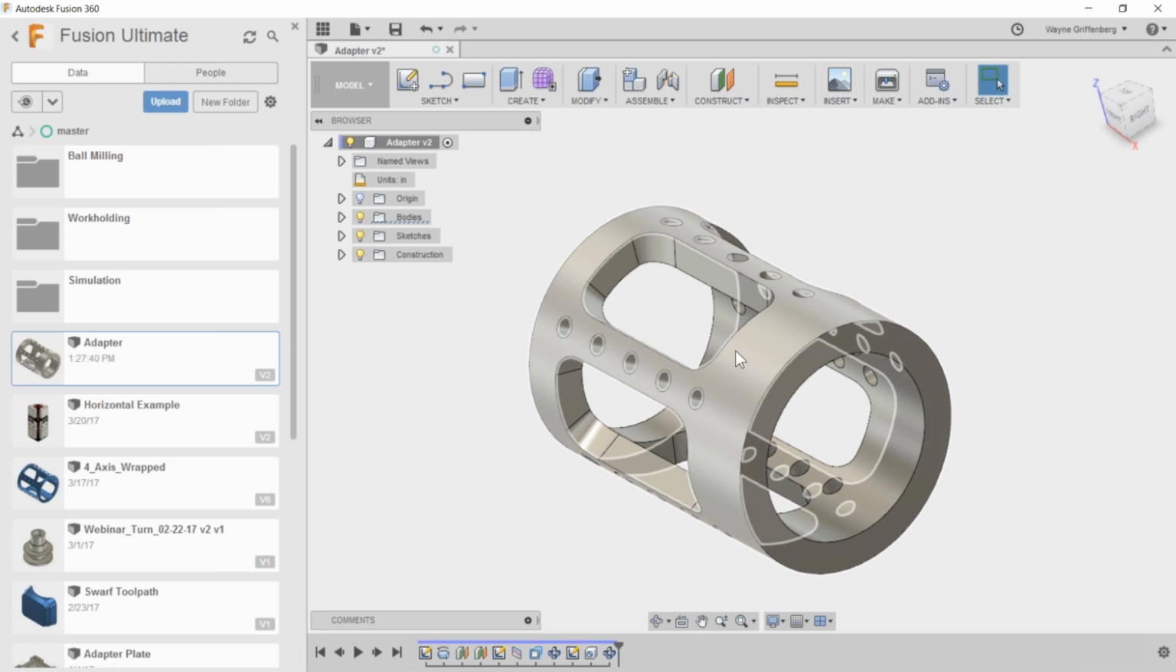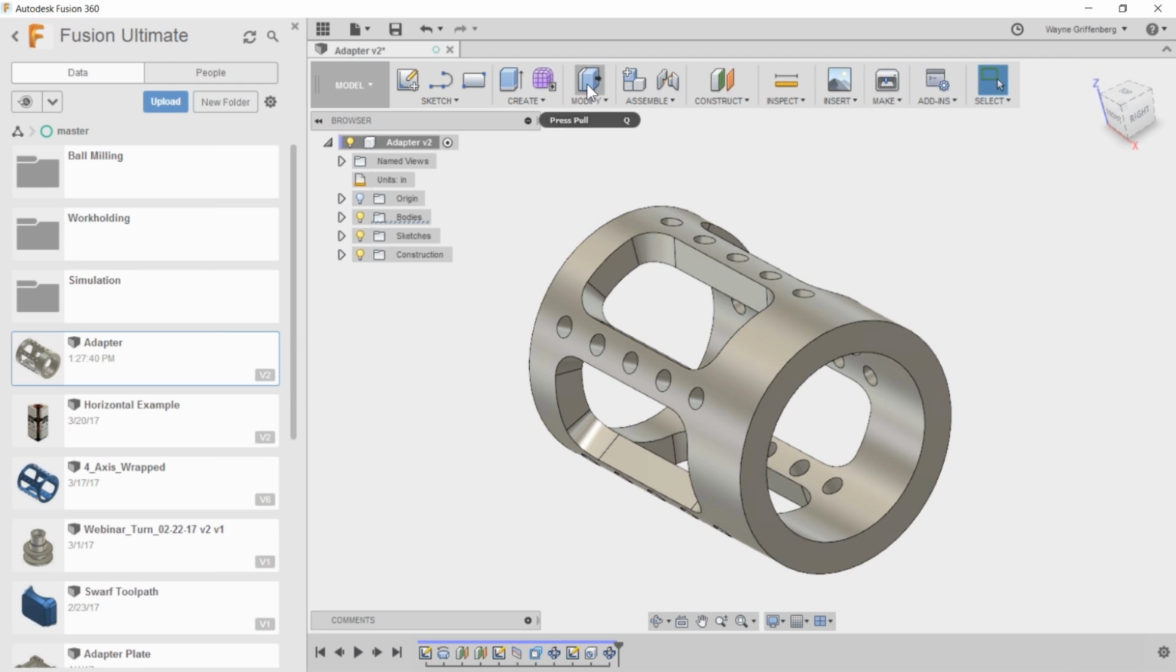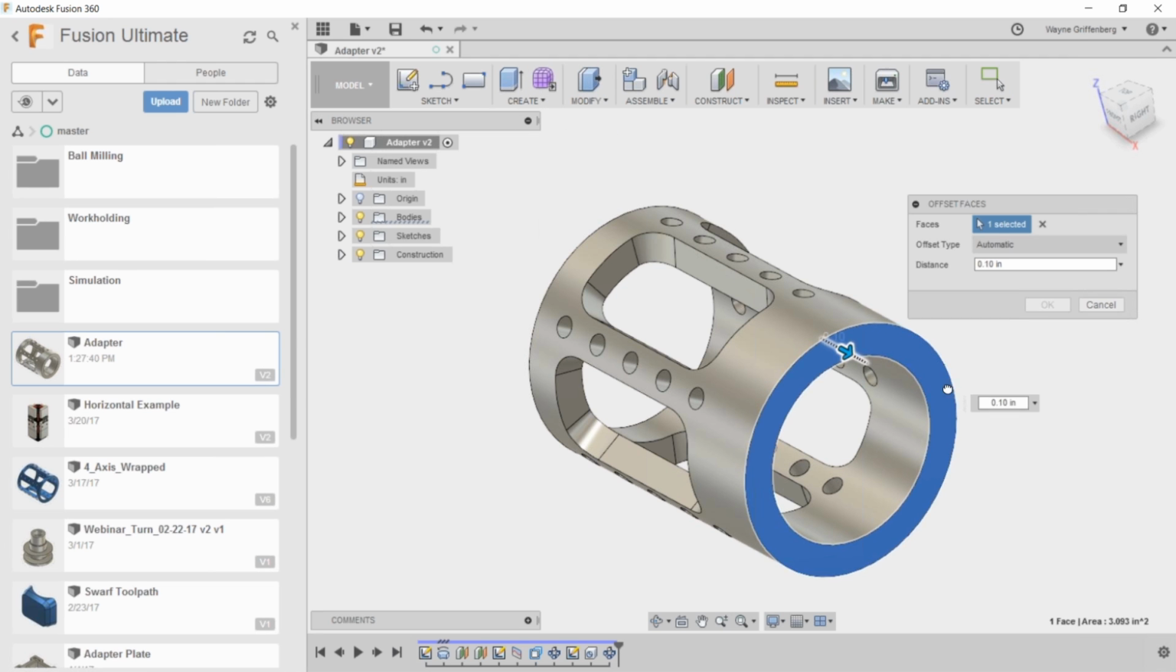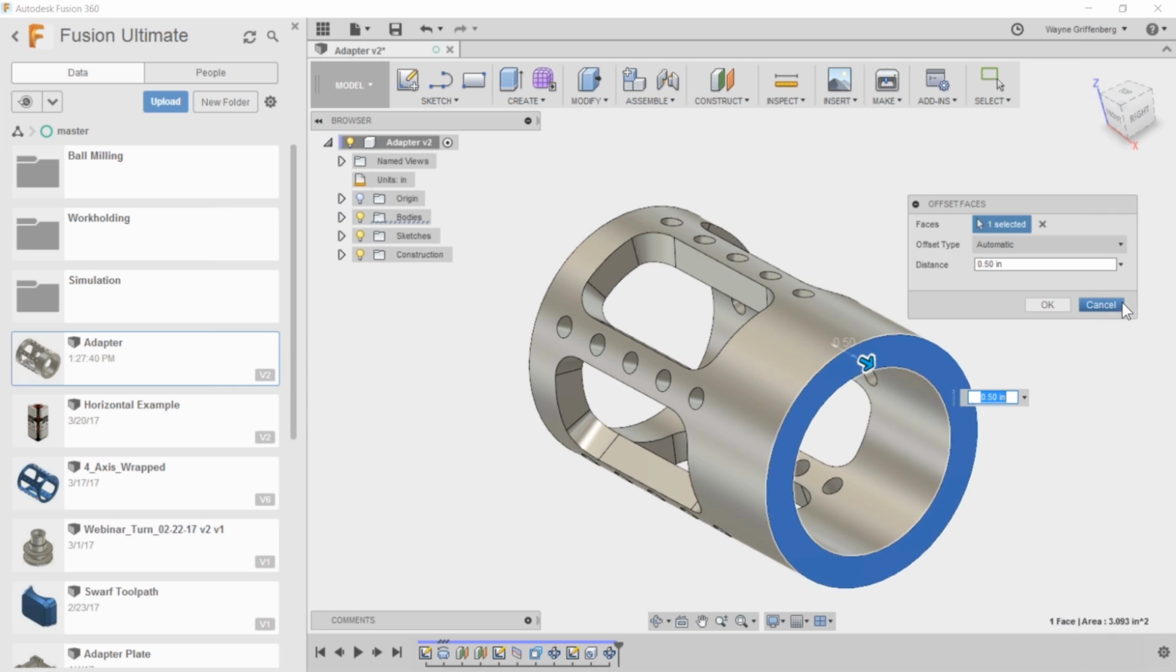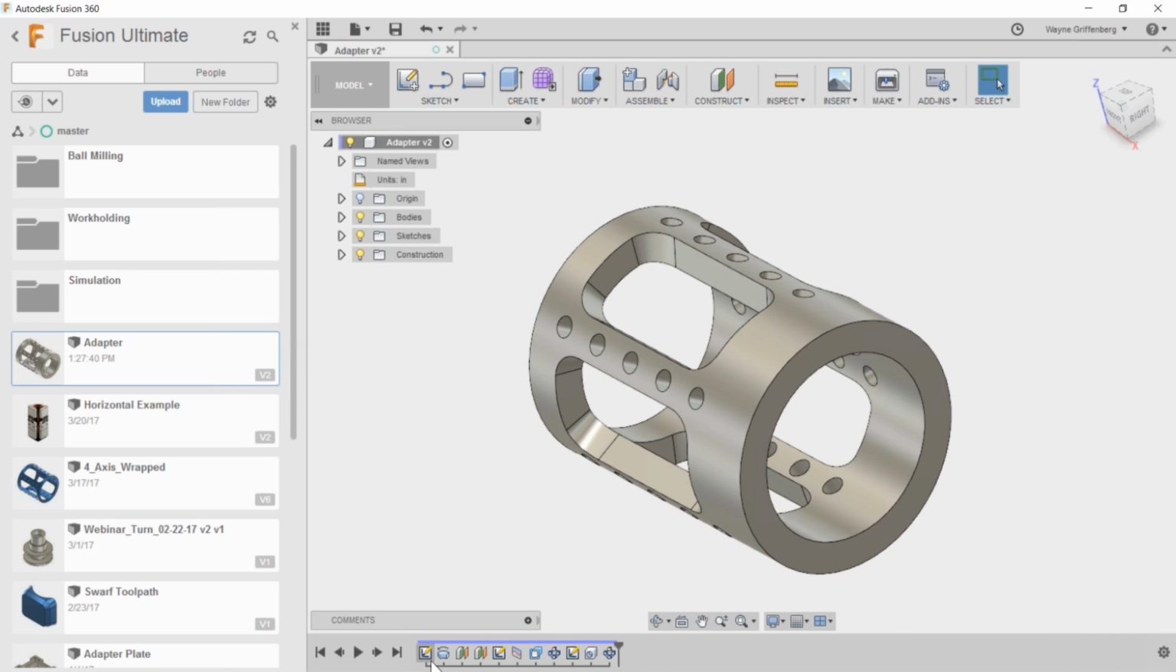And of course, I can always go in and make changes to a body. I can modify this, and I can grab this face like this and stretch it out. You can always do direct modeling to that body, and then save the history going forward. Now, with that said, if you uploaded a native Inventor file, and you bring it in and you add CAM